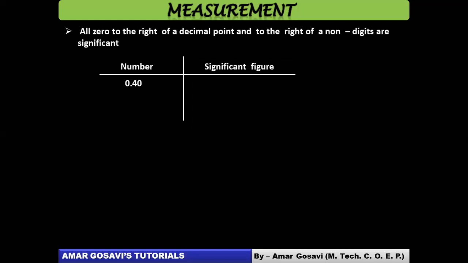Okay, so which zeros? All zeros to the right of the decimal point after a non-zero digit. So in 0.4, the zero that comes after it, whether it is significant or not, it is significant. Had this 0 been before 4, it would have been insignificant, because this 0 is after 4, after the decimal point, it has become significant. Okay, so very tricky at times. Simultaneously, you'll have to consider all these rules while deciding significant figures, friends.